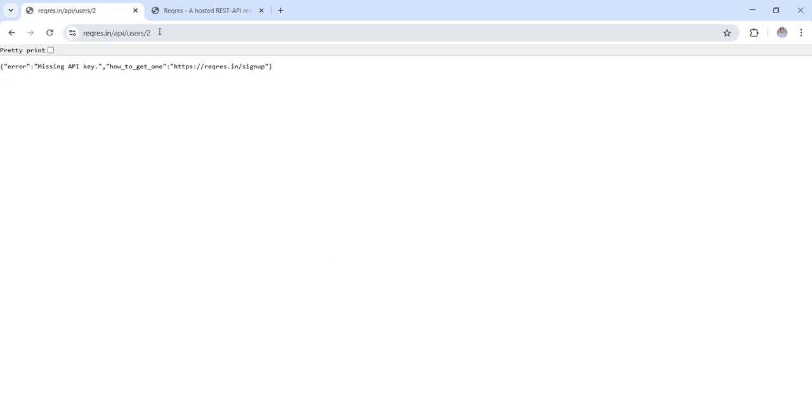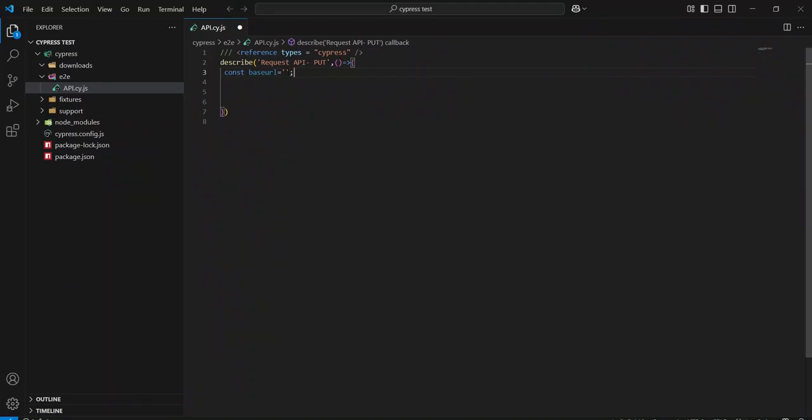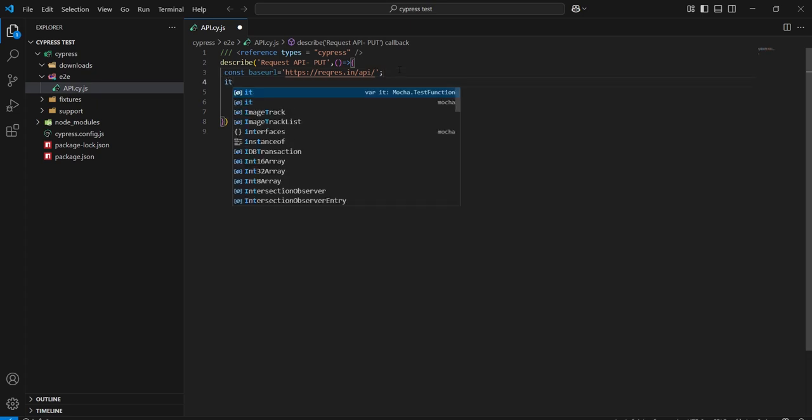Click here, copy this complete, and here one thing we need to notice, we can define the base URL here. This is the base URL, and then create the test case inside